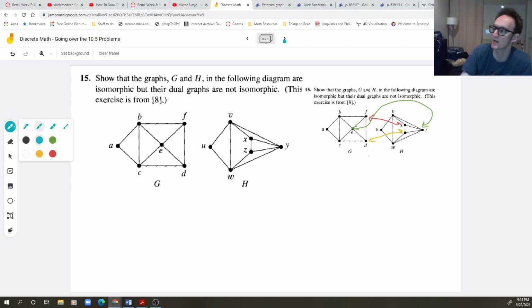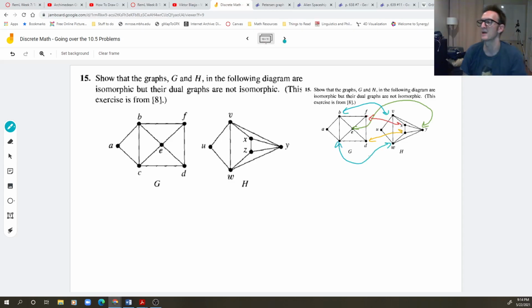Essentially, I just produced an isomorphism by matching C to B to V, C to W, E to Y, F to X, and D to Z. You can confirm that that's an isomorphism by just showing that every pair of, well, okay, we're done. All right, so what's fascinating, however,